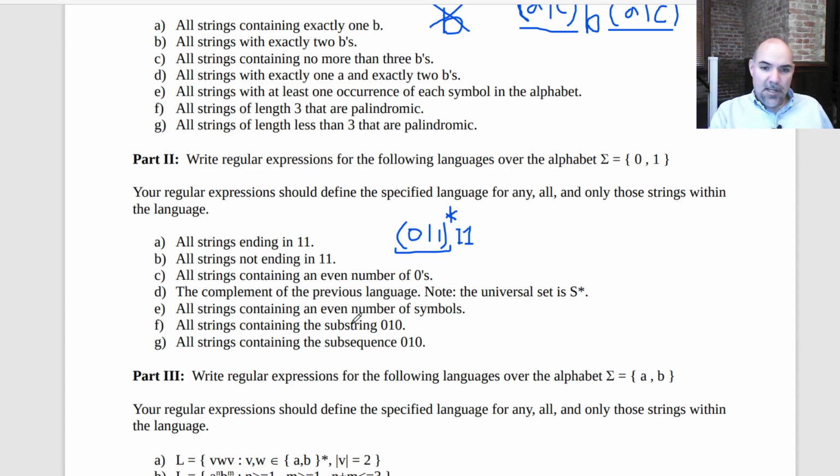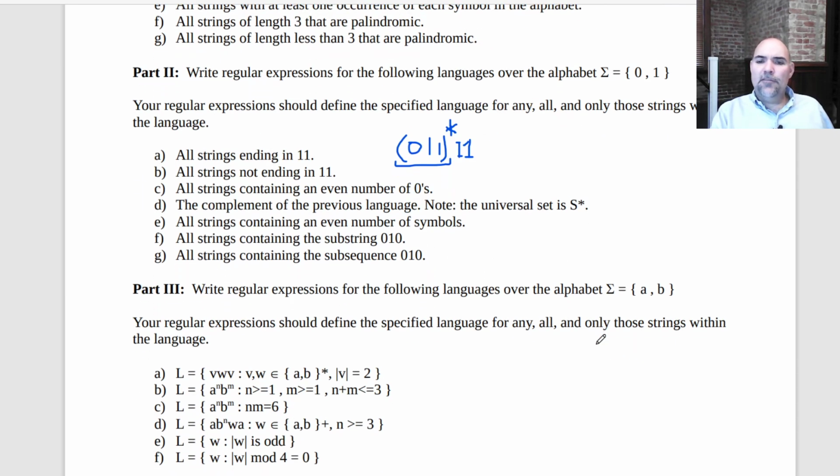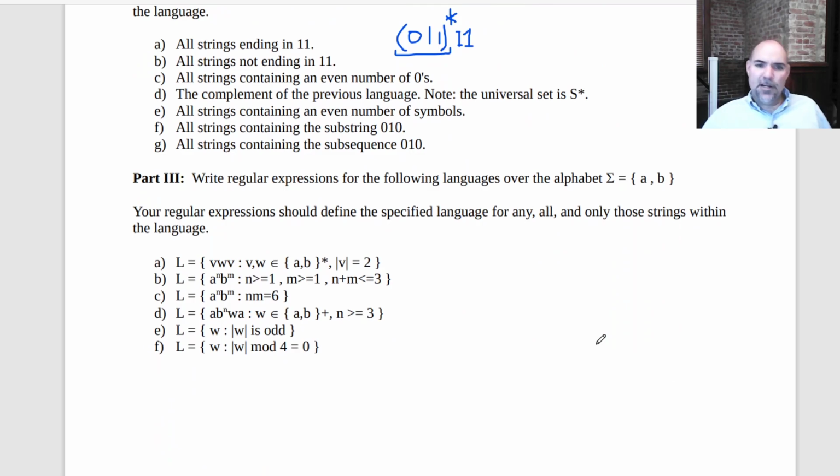All strings containing an even number of symbols, again, over this alphabet. All strings containing the substring 0, 1, 0, all strings containing the subsequence 0, 1, 0. So you're going to have to do some thinking about these ones. And I always thought these were kind of fun. They're kind of like little logic puzzles to figure out how do I make a regular expression that gives me any, all, and only those strings in that language. All right, now part 3